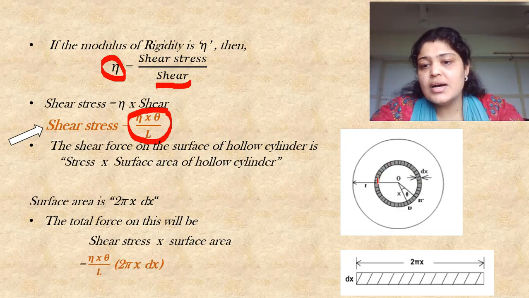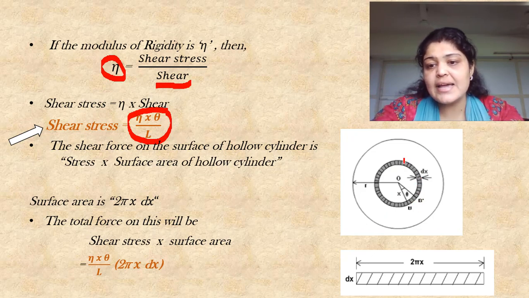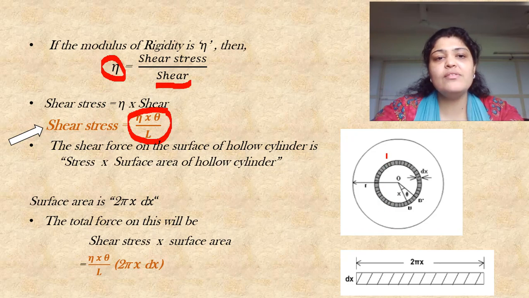assumed a single surface. You can see here wherein BB dash is the displaced part. So it is just the bottom portion of the cylinder we are trying to show. This angle is theta, that is the displaced angle. This is the deformation x. So if I consider the small change because of this shear is dx, I have just considered one hollow cylinder. So we will be finding out what is the effect of this torsion on this cylinder, and then we will integrate it for the entire solid cylinder.